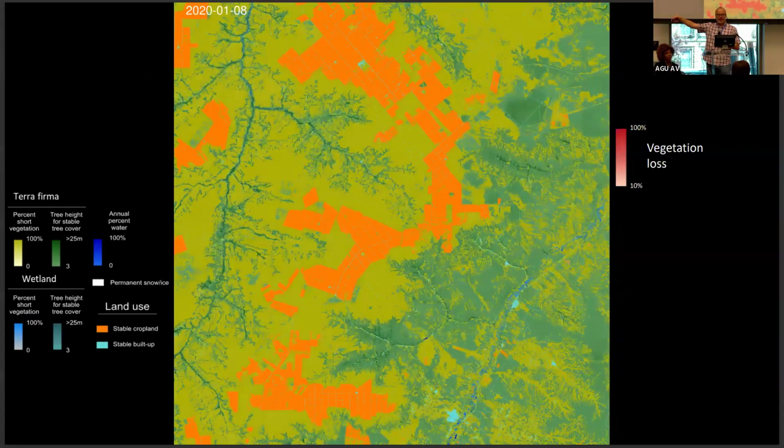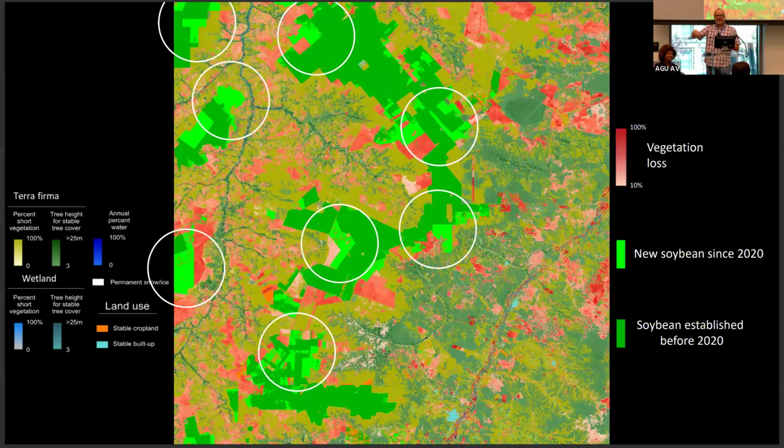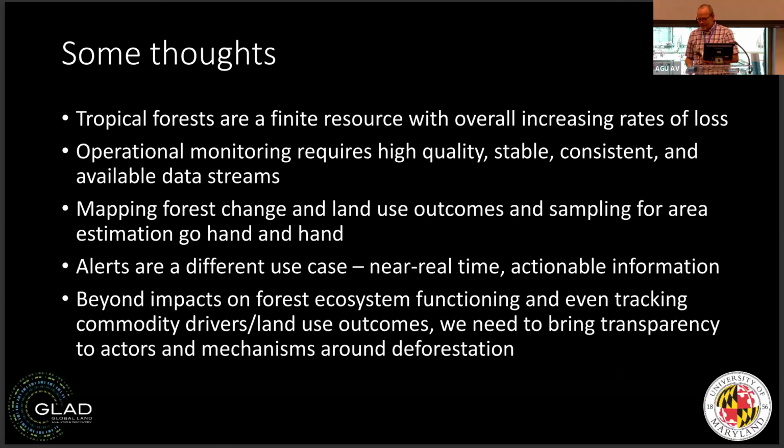Too bad. Because we have this HLS-based 2 to 3 day repeat globally where we're mapping vegetation disturbance. And so in 2020, this animation shows all of the Cerrado in red that gets converted, but you don't have an identified land use initially. And the bright green is the soybean that came on top of that 2020 plus disturbance. So this is like EUDR relevant kind of monitoring. And that's it. Thanks.